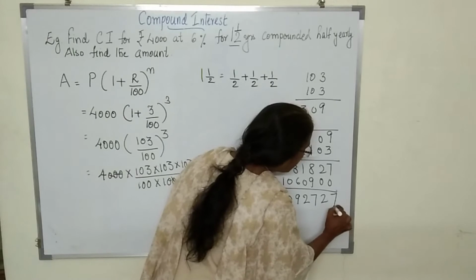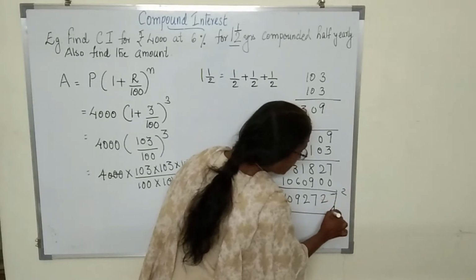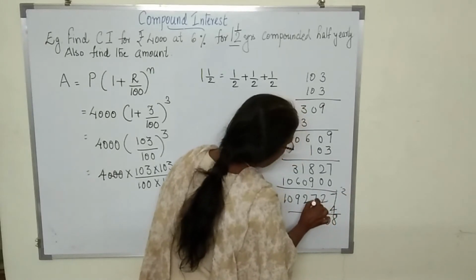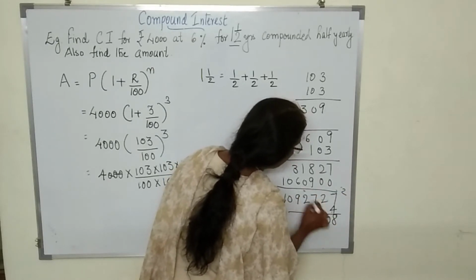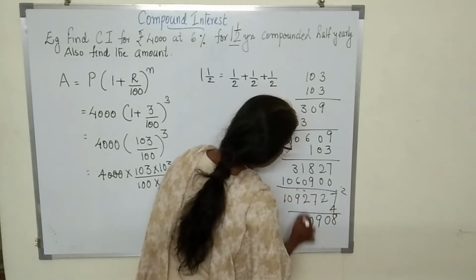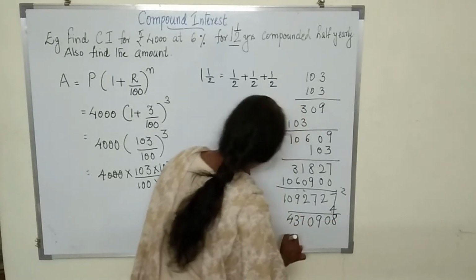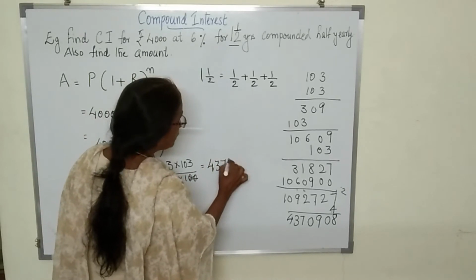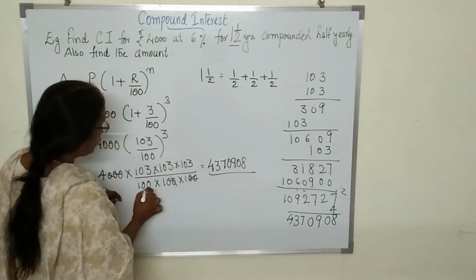When you multiply it by 4, 7 4s are 28, 2 4s are 8 plus 2, 10, 9 4s are 36 plus 1, 37, and 4 1s are 4. So you get 4 3 7 0 9 0 8, upon, in the denominator, you have